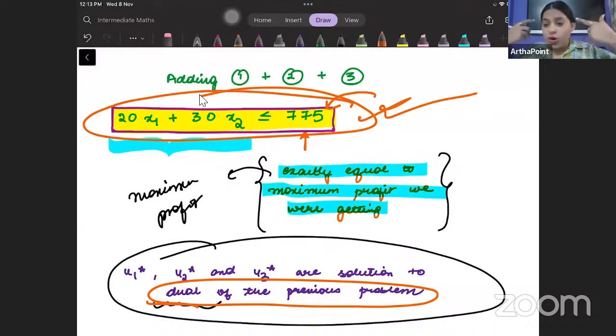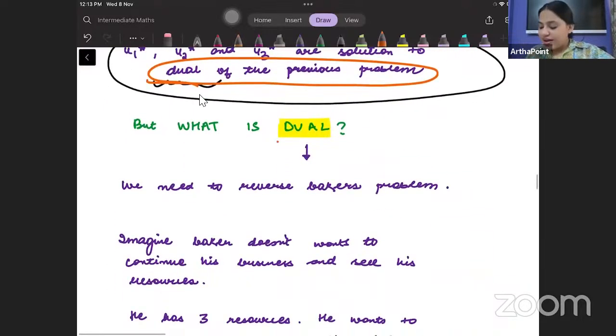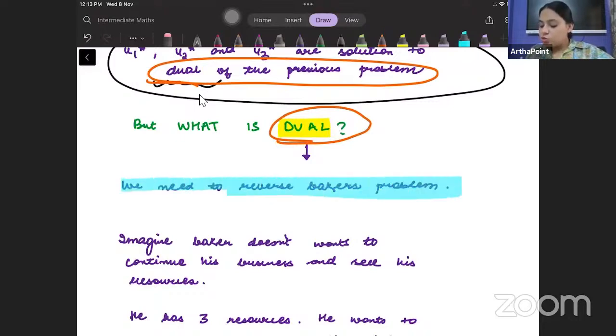So somehow you have to use your mind that I am moving in a reverse direction now. I am going from the constraints to back to the objective function. So it is reversing the process, right? So beta, that is exactly a dual. How can we create a dual? To create the dual, we need to reverse the problem of the baker. जो baker की problem है, हमें उसको reverse करना पड़ेगा. We need to reverse and see